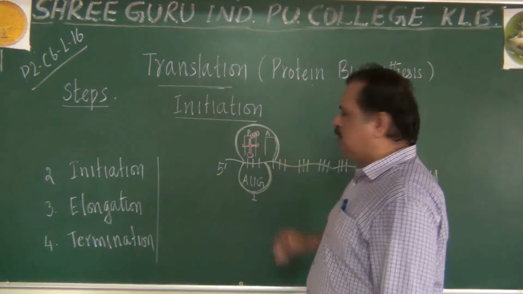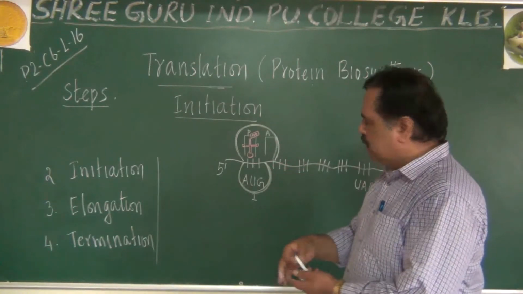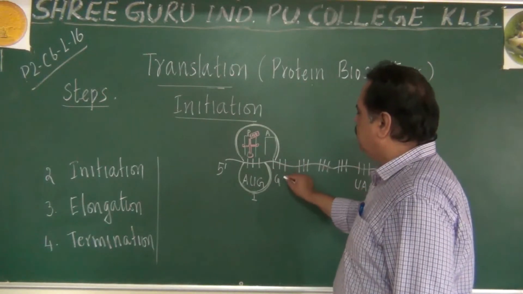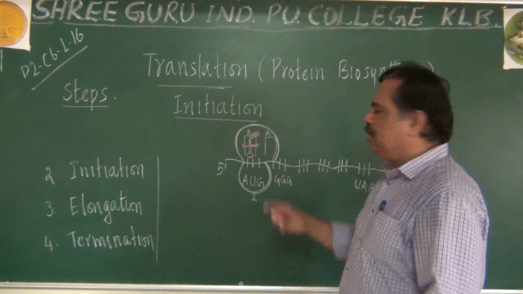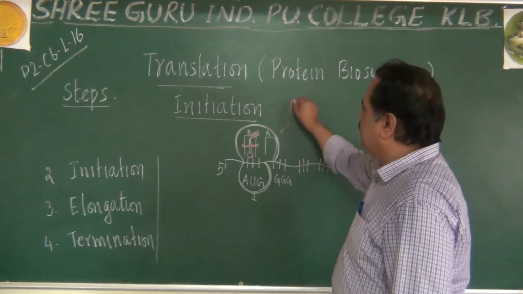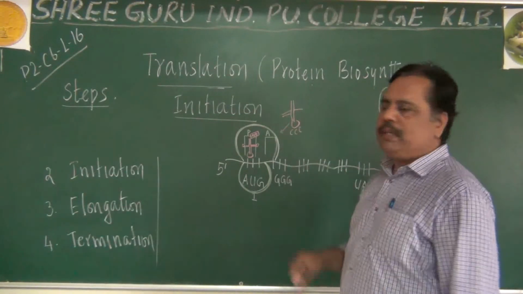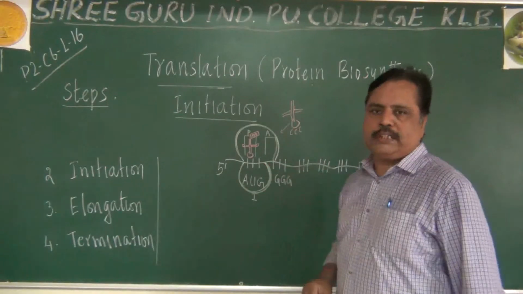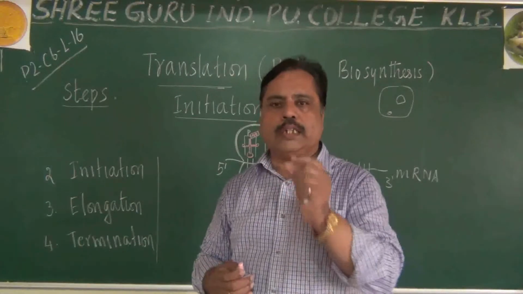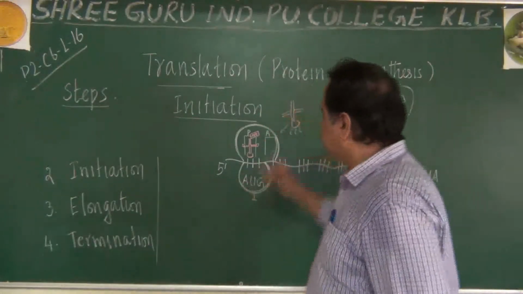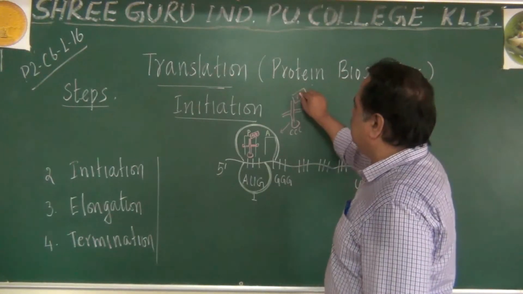Now what happens after joining here? Depending upon the second codon, imagine now the second codon is G. Now who will come here? Which tRNA will come in the second position? The tRNA which has C will come and enter the A site. Remember this point: the A site will receive the second anticodon, depending upon CCC. Another amino acid, let us imagine some valine.